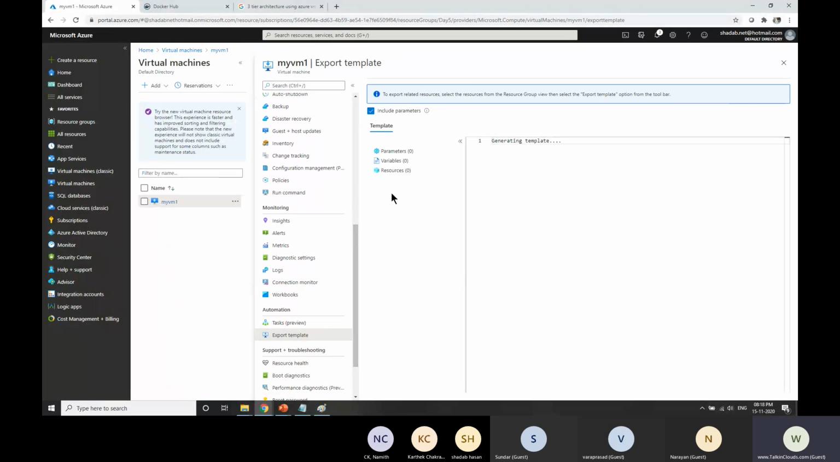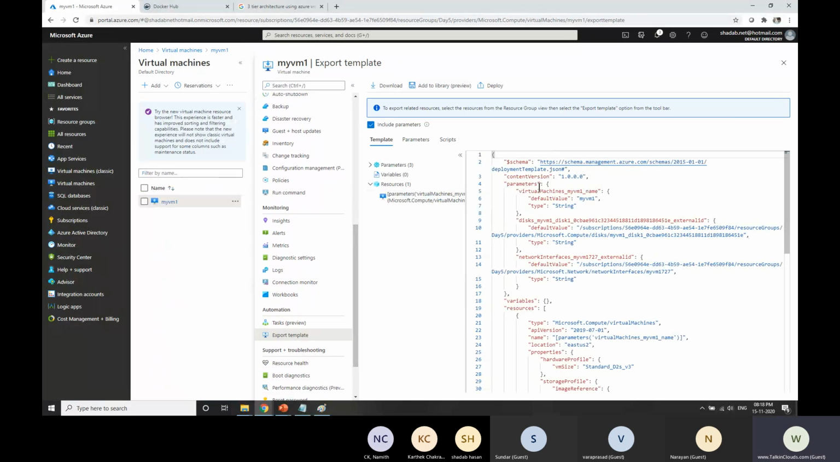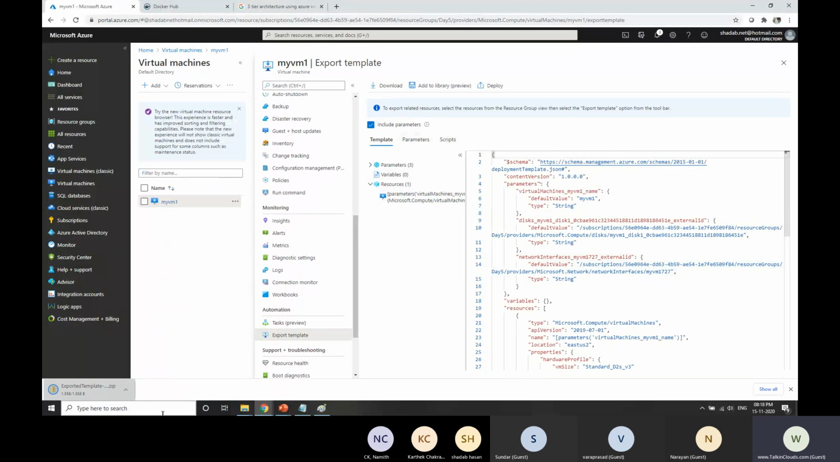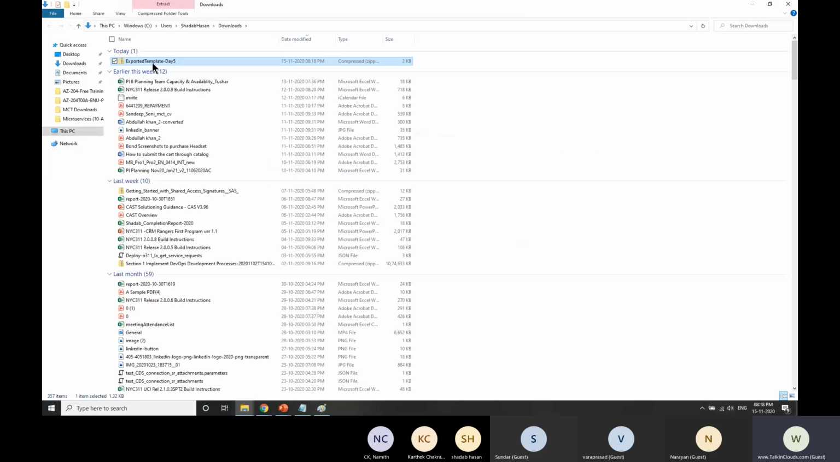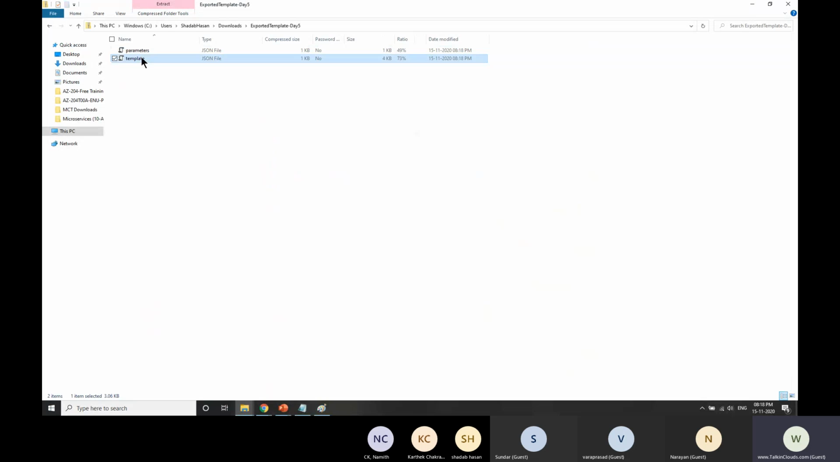Export template. Okay, so this is the Azure Resource Manager template, which you can just go ahead and download. If you open this, it can be used to replicate a similar kind of VM, or you can change this whenever you need. Okay, so this can be used for your automation. So when you open this template,